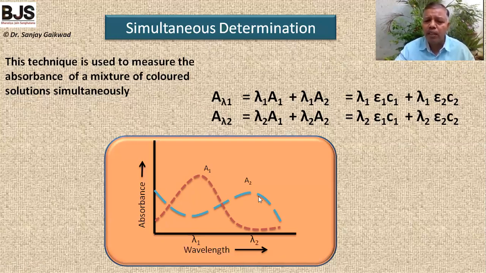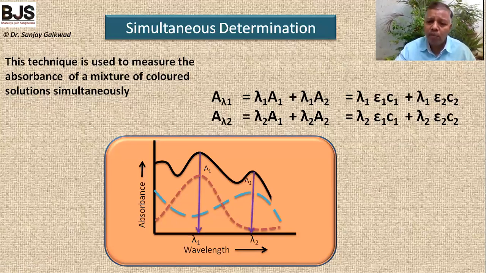Suppose that these two solutions are mixed together, and we observe the graph for this solution: at lambda 1 and at lambda 2, we observe two peaks. Now these two peaks are observed like this. The first, higher peak is at lambda 1 and another peak is observed for lambda 2. Now when we take the two solutions independently, if you know the lambda 1 and lambda 2 values for both components, then one can find out the unknown concentration for these solutions.